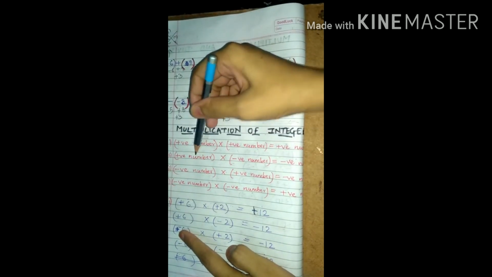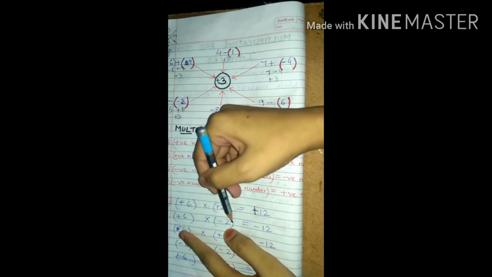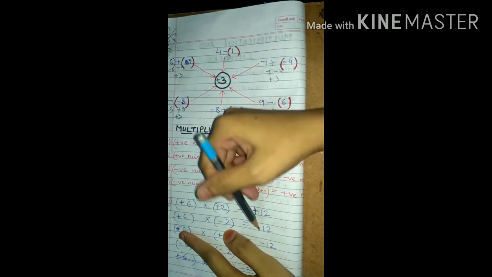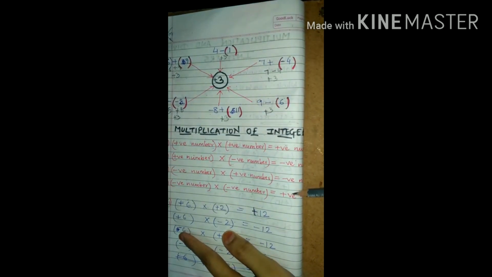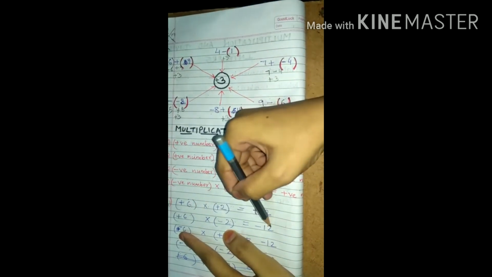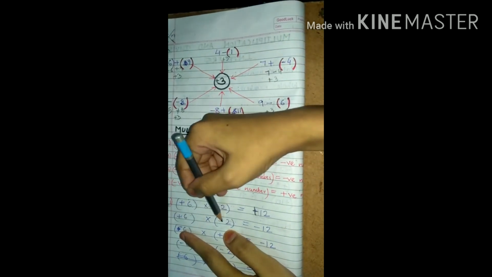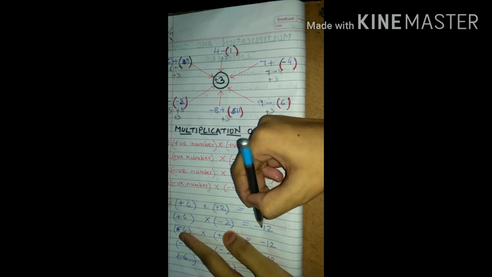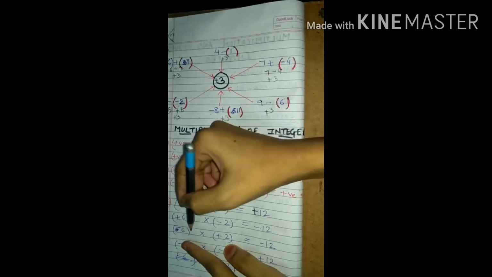Now if we take plus 6, positive number into negative number. So 6 into 2 is how much? 12. The multiplication of the numbers will not change, only the sign will change. So 6 into 2 is 12, and plus into minus is what? Plus into minus will give me minus sign. So minus 12. Similarly,